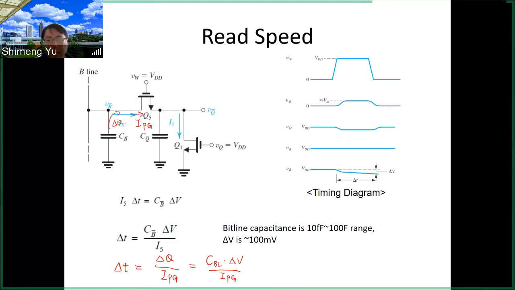So typically the bit line capacitance is, there's a typo here, so it should be 10 femtofarad to 100 femtofarad. And the delta V you need to sense the difference is typically 100 millivolts. So if the current is like a microamp, then you can get the readout within like a nanosecond. So we can do that here. For example, if you take the lower end, like 10 femtofarad, times the voltage difference, 100 millivolts, that is 0.1 volts. And then divided by the current. If the current through the transistor pass gate is 1 microamp,